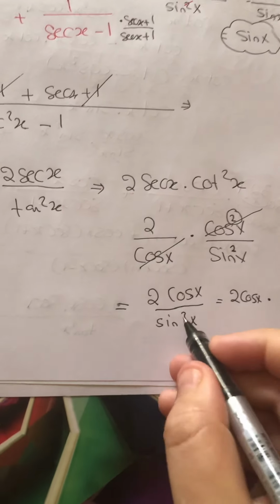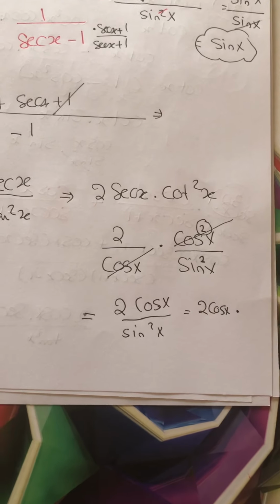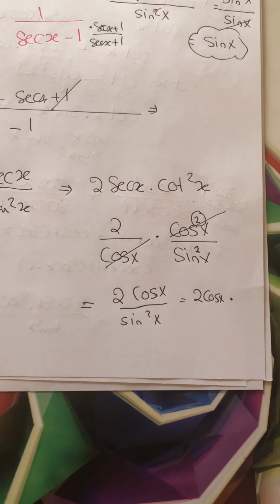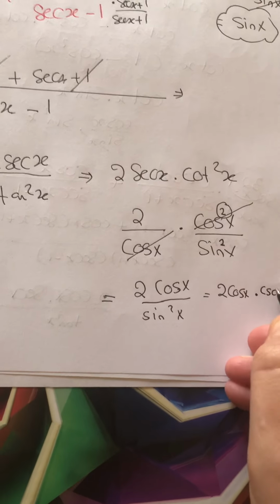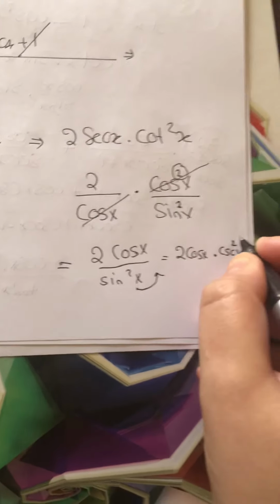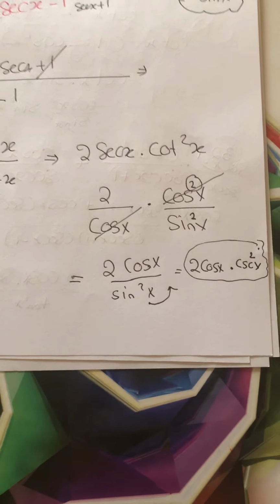This is sine squared x, right? So 2 cosine x over cosec squared x, right? Cosec squared x. If I take this up, it will end up in cosec squared x, and this is the answer for this